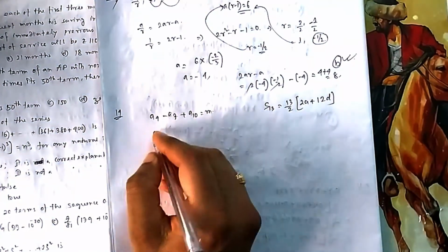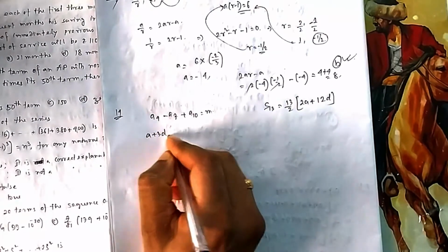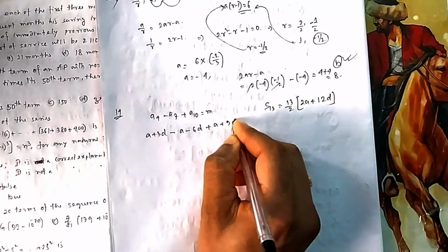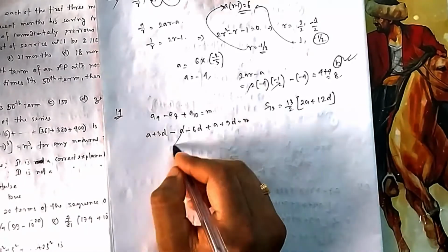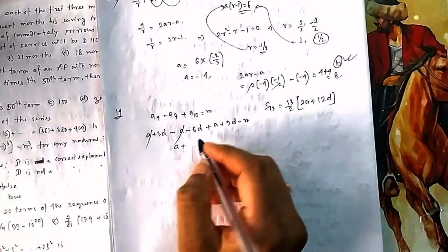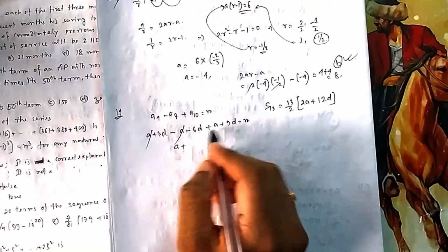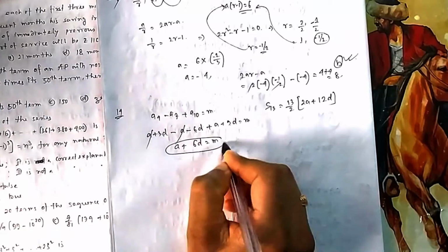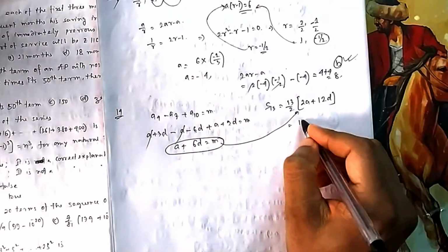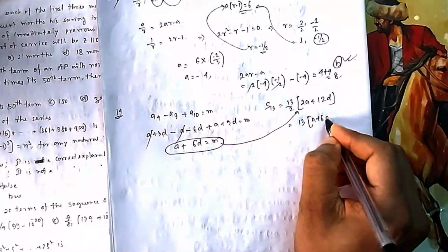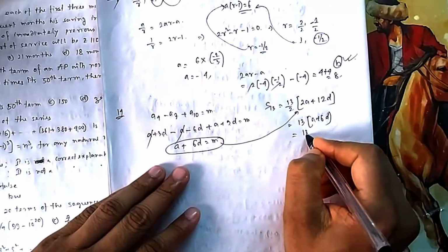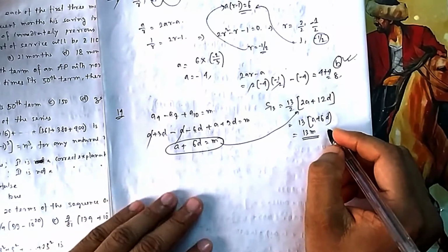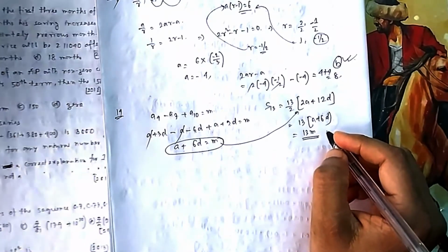Okay, let us see what is given here. It is A plus 3D minus A minus 6D plus A plus 9D equal to M. So A would get cancelled, only one A. Then that is 9 minus 6, 3, 3 plus 3, 6D. A plus 6D you are getting M. This you can easily apply, because if you take 2 common, it will be A plus 6D. So directly if you apply it, it is M. So your sum is 13M. So that is your answer. That is your option C.